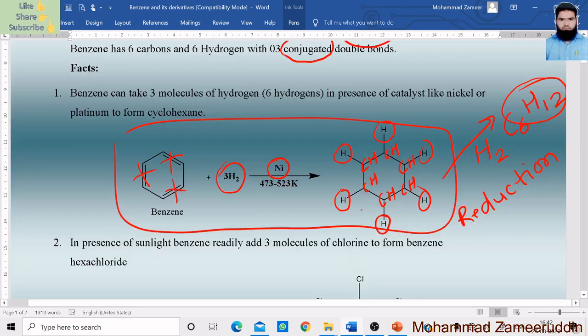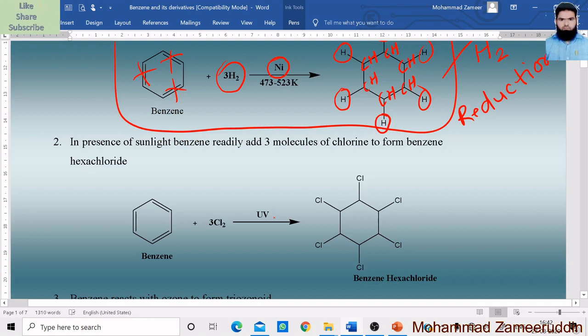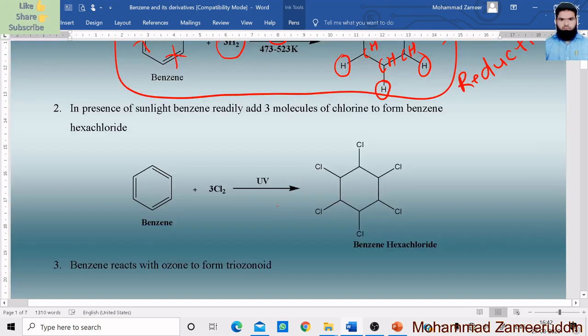Now the second proof is that in the presence of sunlight, benzene readily adds 3 molecules of chlorine to form benzene hexachloride. Okay, again here